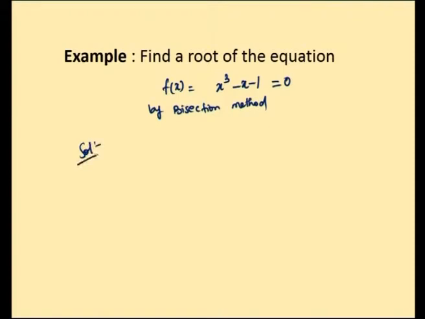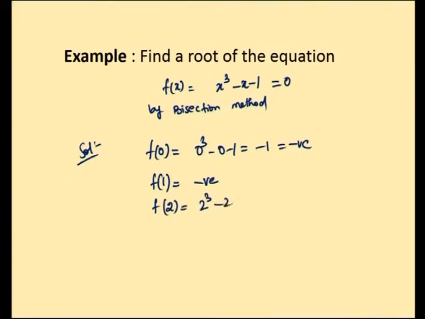So, the solution is, first of all we have to find where the root lies. f of 0 is 0 cube minus 0 minus 1 is equal to minus 1, which is negative, and f of 1 is 1 cube minus 1 minus 1, that is also negative, and f of 2 happens to be equal to 2 cube minus 2 minus 1, which is positive. So, we have a sign change between 1 and 2, therefore the root lies between